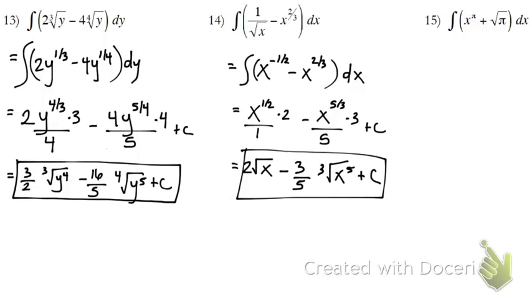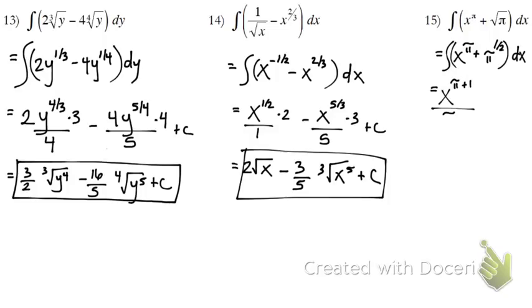And last but not least, this is kind of a weird one. I can rewrite it first. This is x to the pi plus pi to the 1/2 dx. Now, for this first one, the integral of x to the pi, if I bump up pi by 1, but I don't want to round it as a decimal, I want to keep it as the correct answer, then I would have to just literally write it as x to the pi plus 1